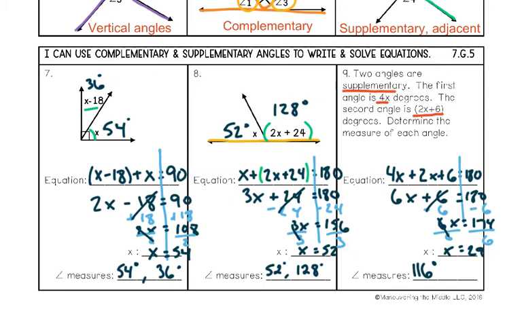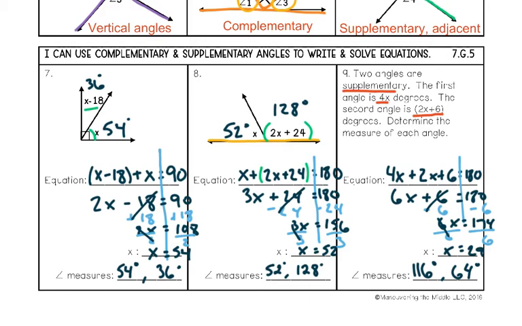To figure out the second angle, again, I'm going to plug in that 29 into the x in that expression. So 2 times 29 makes 58, and then I have to add on that 6, and that's how I get 64. So I found my two angles, 116 and 64. My last step is always going to be to just double check myself. If they're supplementary, those two angles need to add up to be 180 degrees. 116 plus 64, I just punched in my calculator, and it does come out to be 180,